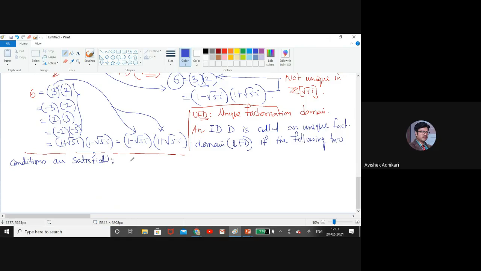So what are the conditions? Condition 1 says that every non-zero non-unit element a of D can be expressed as, that is, to justify the FD property,